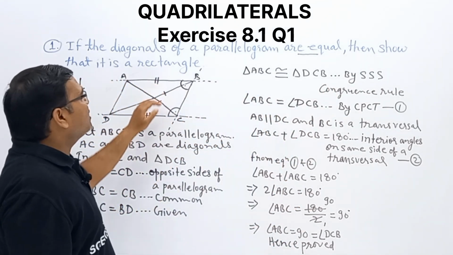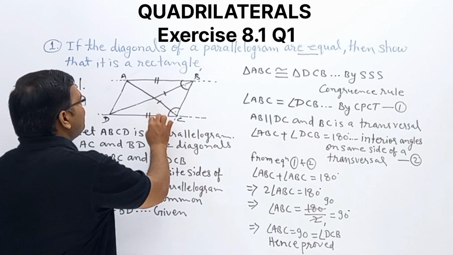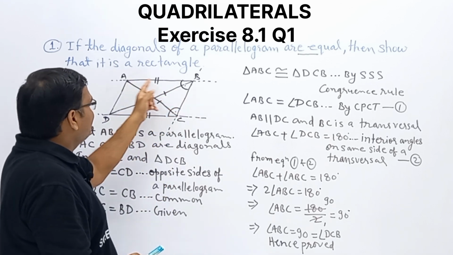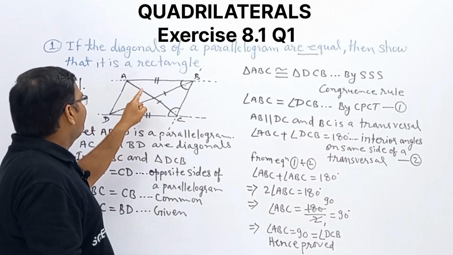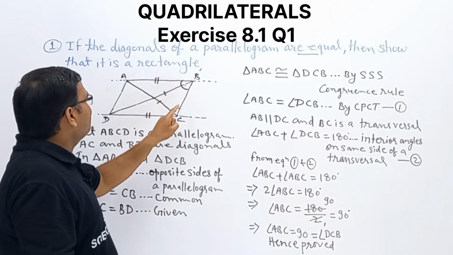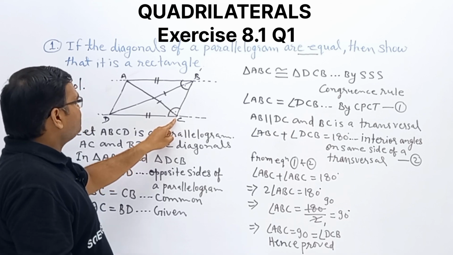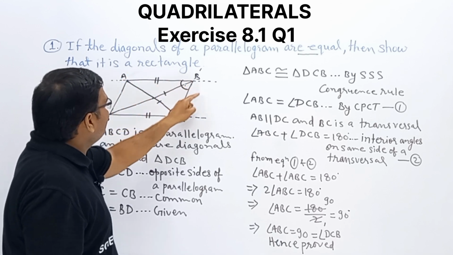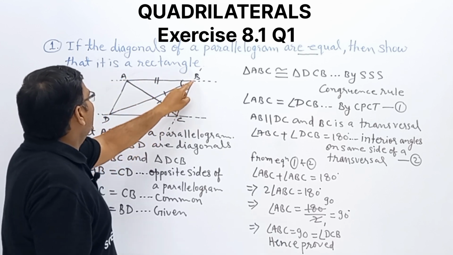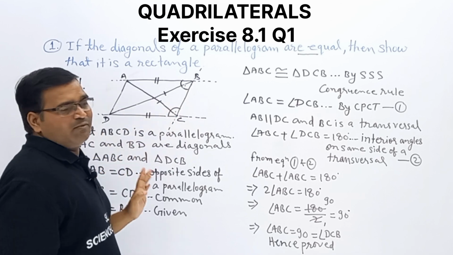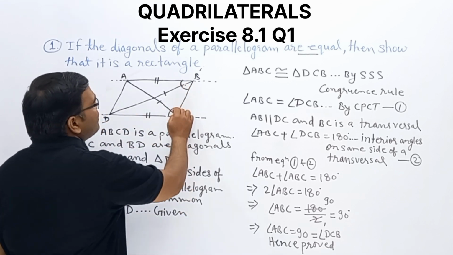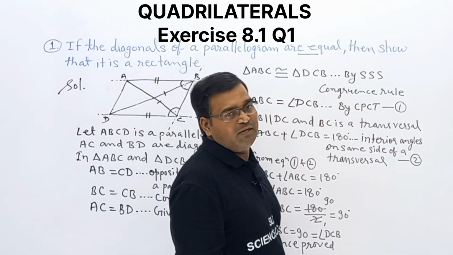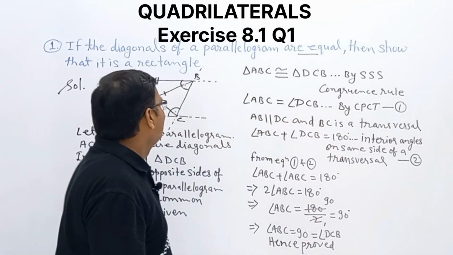Clear? Once we obtain that both are congruent, this side equal to this one, this equal to this one, this is common. So the remaining three angles, all will be what? Equal. So this angle equal to this one, this angle equal to this one. Yes or no? For this triangle, this angle will be equal to this angle of the other triangle. Clear? So both angles are equal. So we write angle ABC equal to angle DCB by CPCT, corresponding parts of congruent triangles.